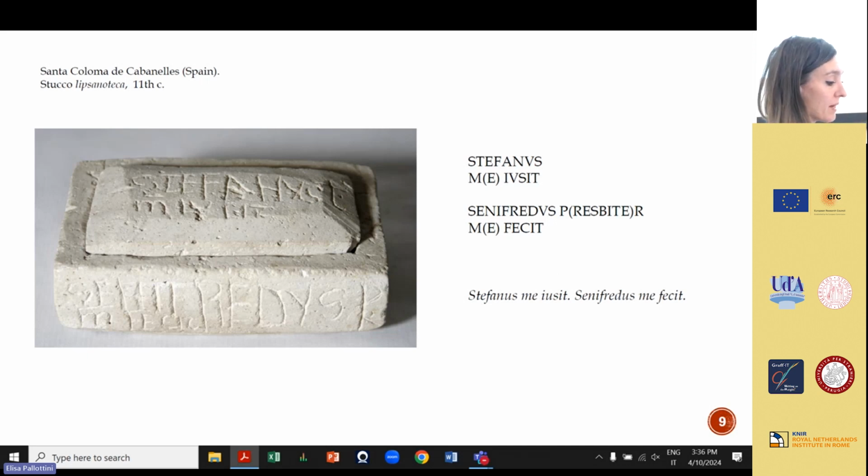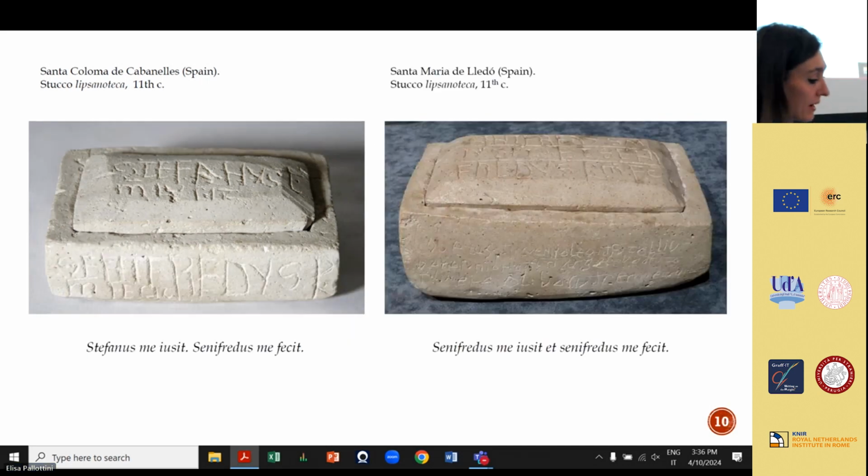executed. The lid of the Lipsanoteca from the Church of Santa Maria de Lledó in the same region, so in Catalonia and actually very close to Cabanelles, presents the exact same type of text written in the exact same writing with the same linguistic variation, which are also found on the other box. One can therefore conclude that the priest Senifredo is the maker of the reliquary and the celebrative texts in both